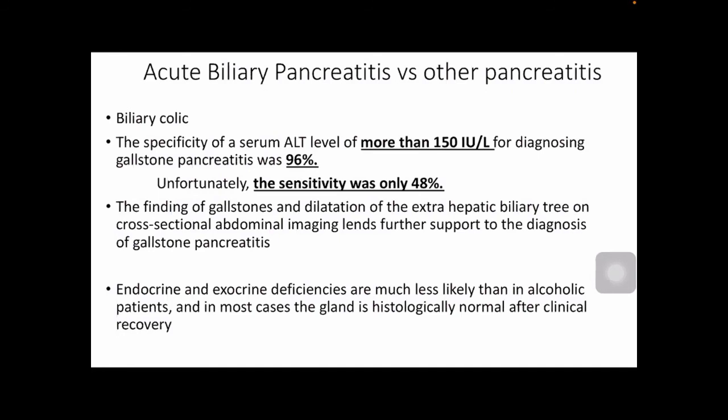Fine. So one is the nature of the pain, biliary colic, and though it is called a colic, the biliary colic is not an intermittent pain; it's a continuous pain. Remember that. And the other is the specificity of serum ALT. So in biliary pancreatitis, the serum transaminase, especially the ALT, is elevated. So what is the cutoff level for it? The cutoff is 150 international units per liter for diagnosing gallstone pancreatitis. Fine. So the specificity of an ALT level of more than 150 international units per liter for diagnosing gallstone pancreatitis is 96%, though the sensitivity is lower. Okay. So the typical nature of pain, the presence of altered liver function, especially ALT levels of more than 150, along